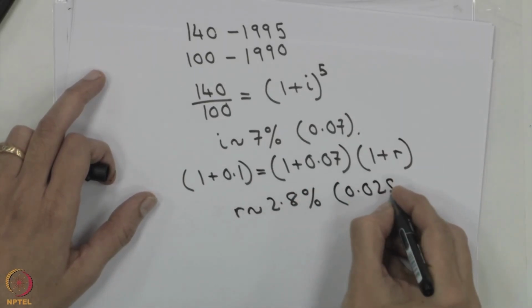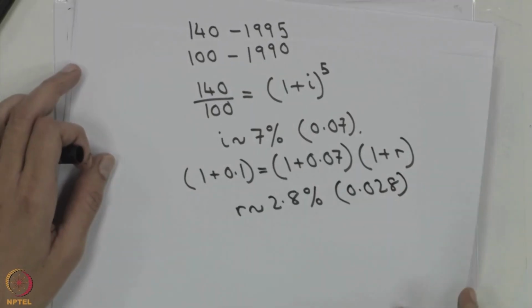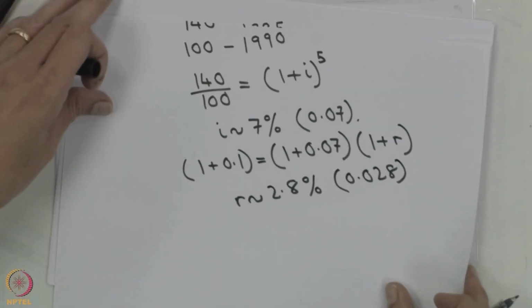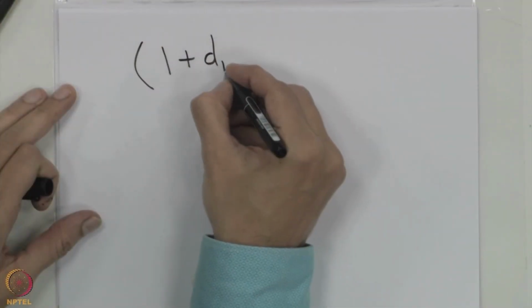So, in a similar fashion, when we talk about the discount rate, we can think in terms of two discount rates. One is the nominal discount rate, which you take based on the actual prices in that particular year, and the real discount rate if you have adjusted for inflation. So, we say that 1 plus D nominal